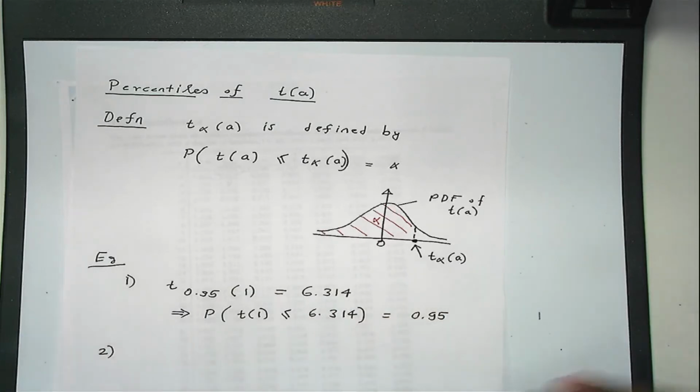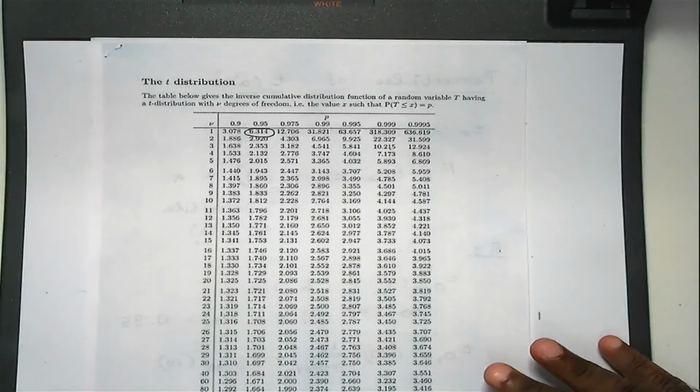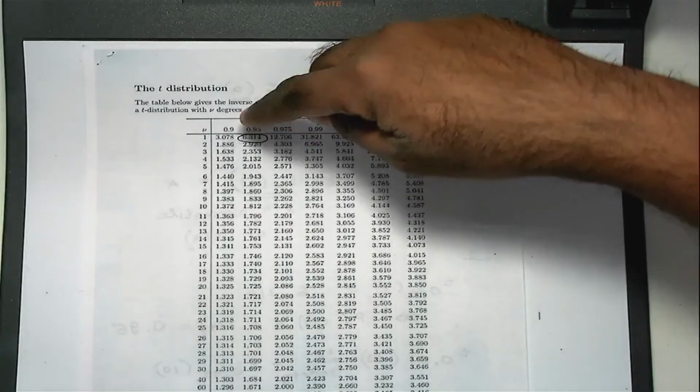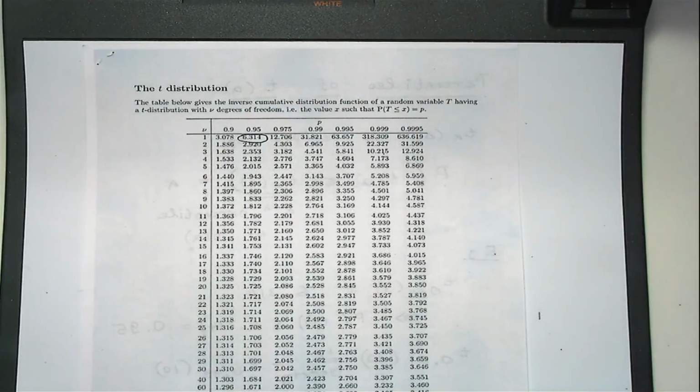Let's look at a second example. Suppose you want to find the 1 percentile of a t variable with 10 degrees of freedom, right? Now, if you look at this table here, there is no 0.01 on this row. This is all 0.9, 0.95 up to 0.9995. So to do this, you need to use a property of a t variable,